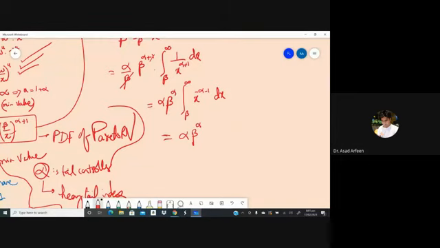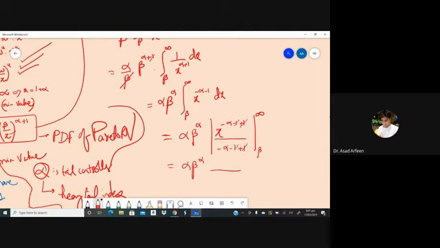Alpha, x to the power, now we need minus alpha minus 1 plus 1. And then limits are beta to infinity. So now the situation turns out to be alpha beta to the power alpha, and then